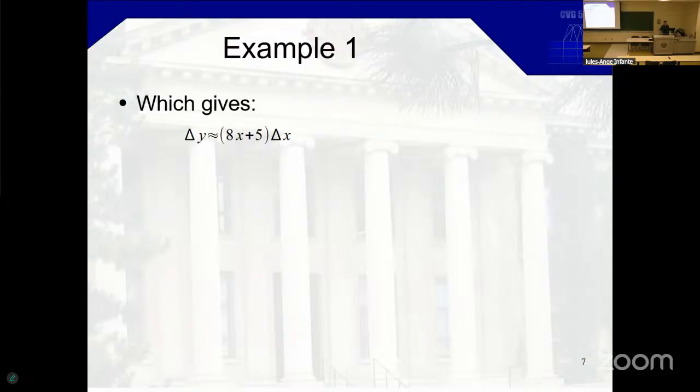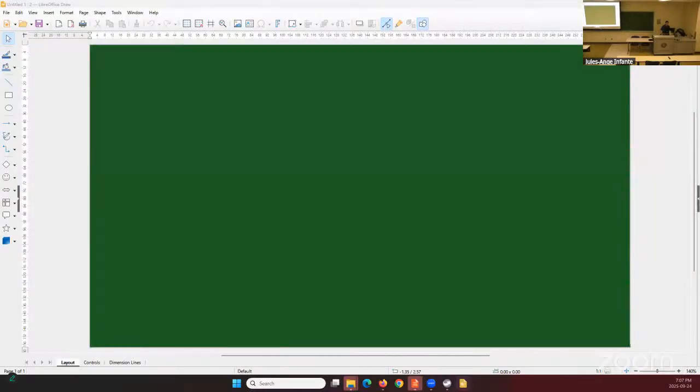Here I'm assuming that I have a constant interval in x, because I could have all kinds of delta x's. So if I have my x-axis,